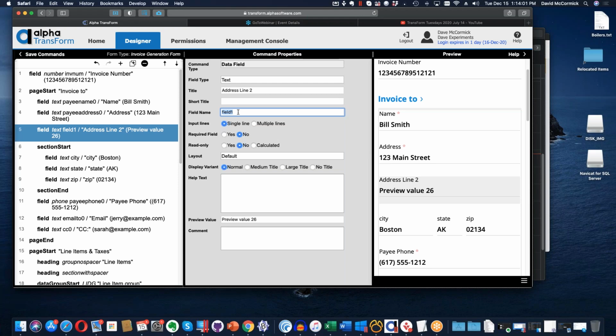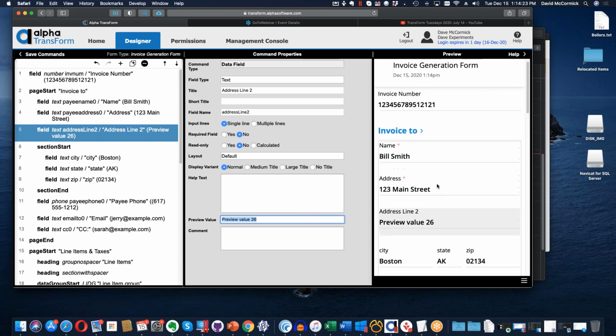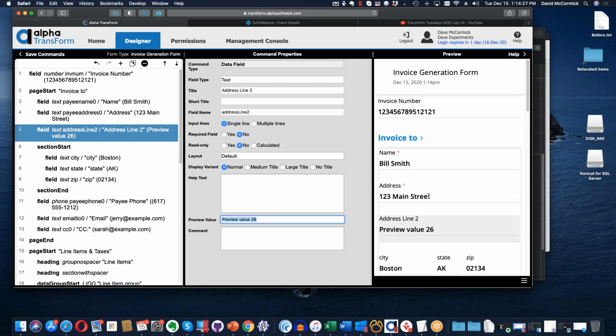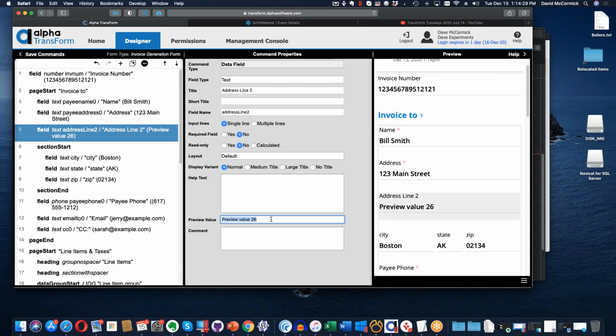So what we tend to do is do these as camel case. So this would be address line 2, for example, be a camel case example. And then the other thing we tend to do is we tend to set preview values. Now these are not default values. That's a little bit different, setting up a default value. But what a preview value is, it just shows you what it's going to look like when it's laid out on the form. And I think it makes a big difference when you're putting together forms to actually put in those preview values. So we're going to say